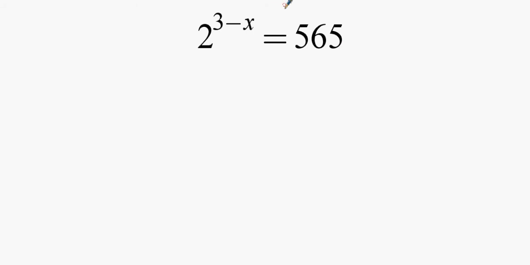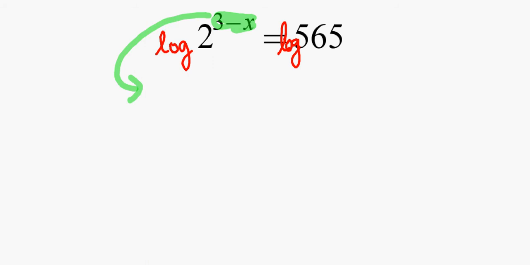Well, in this case we have 565, and there's no way to write that as a power of 2 because this is not an even number. So what I will do again, I'll just take a log of both sides. So that's log, and that allows me to take that exponent and put it up here. So I'm going to have 3 minus x times log 2 equal